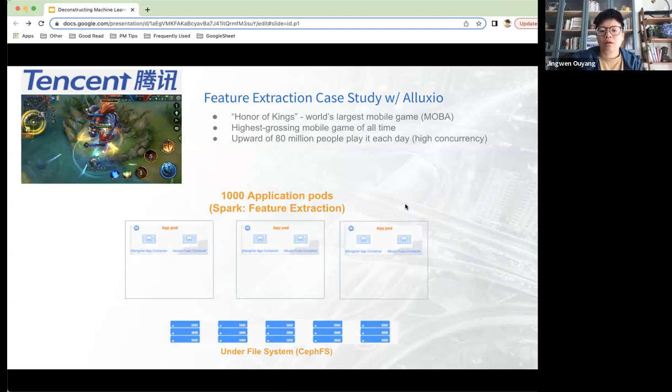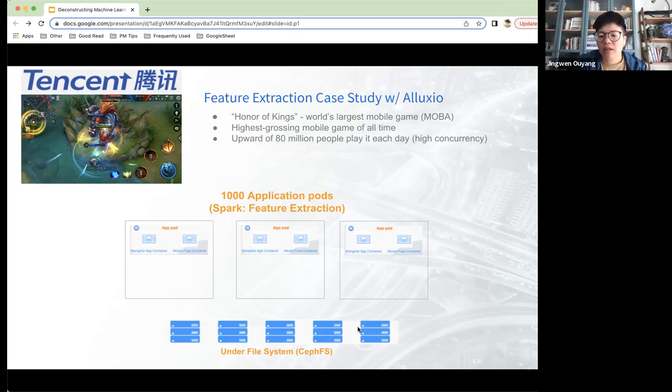If we look at this box as a node, as a single machine, they have their Spark in there. And then they also have Ceph as the under file system. If you think about 1,000 of these trying to access the Ceph UFS at the same time, it will overload, and it will probably not even be able to support that at all.